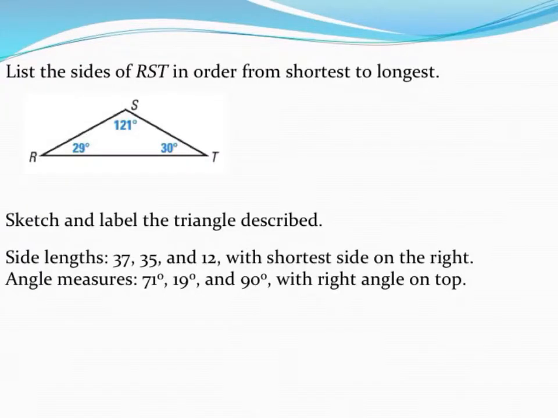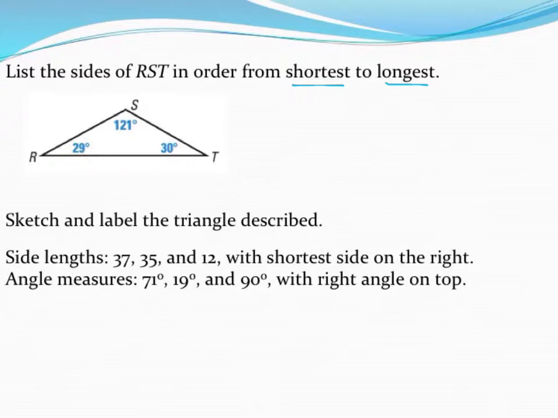I want to list the sides of this triangle in order from the shortest side to the longest side. If I rely just on eyesight, it's really hard to tell which side is shorter. Like side RS looks very much the same length as side ST, so I don't really know which one's the shortest. Well, the good news is we have a better way than just eyesight to figure out which side is